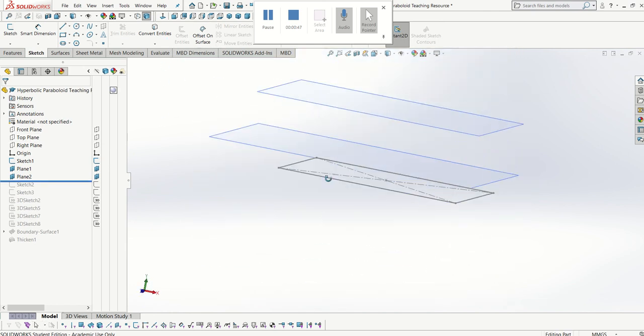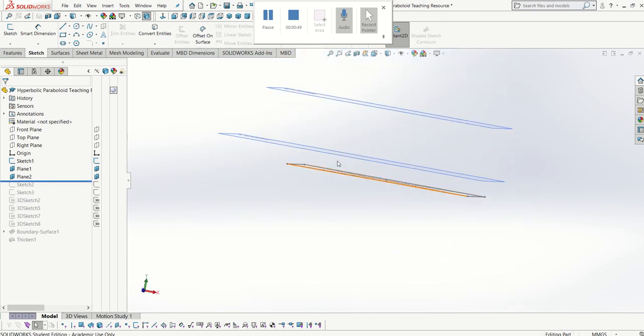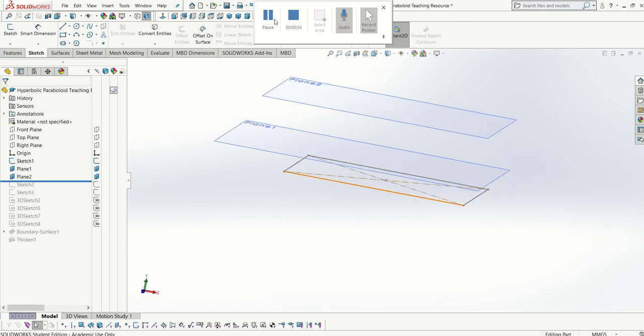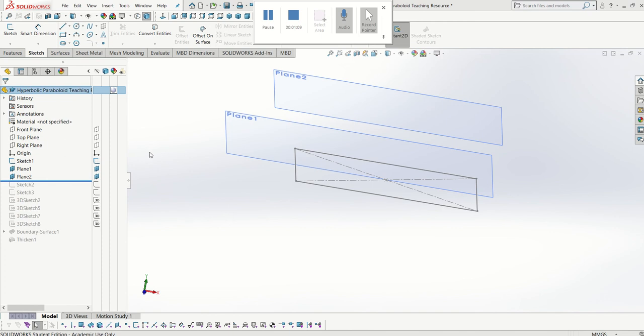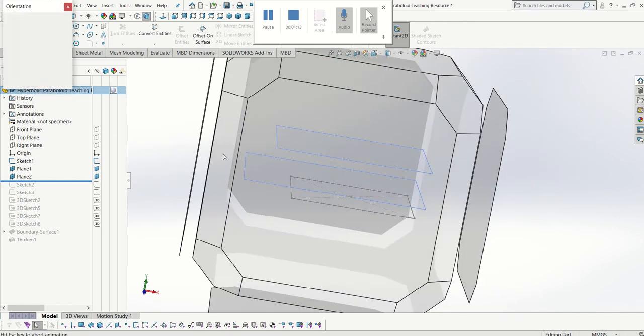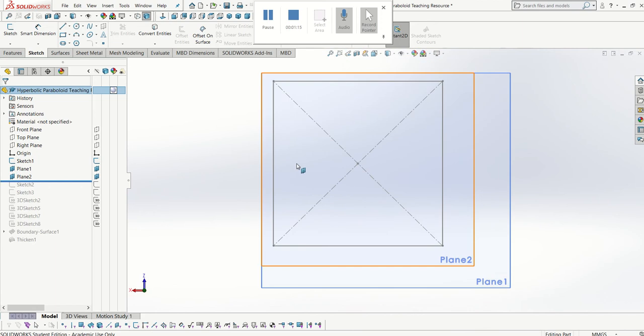So as you can see here, I measured out distances here, and they are all parallel from my top plane. The distance that we choose doesn't really matter, but the important part is that they are parallel. And the distance that we choose is going to have a resultant factor on the final shape of our hyperbolic paraboloid. So for my next step, I went back and I looked straight at my three planes,